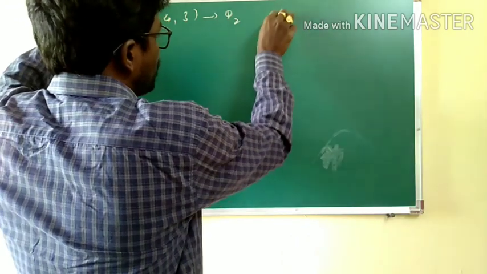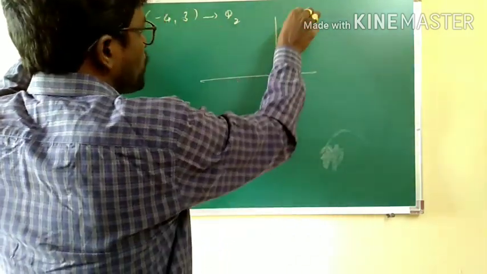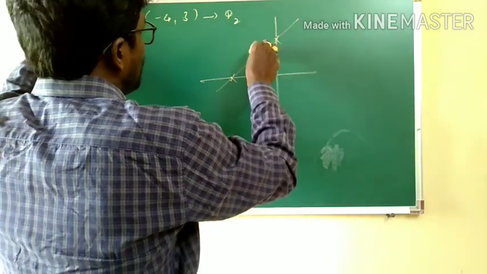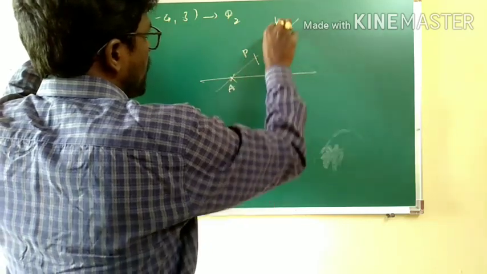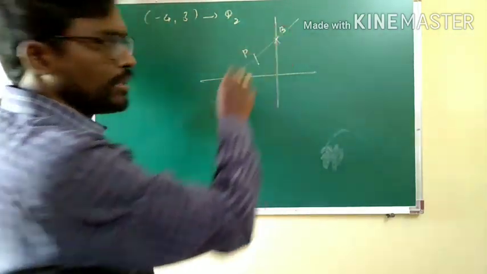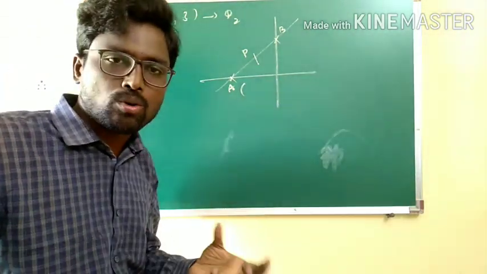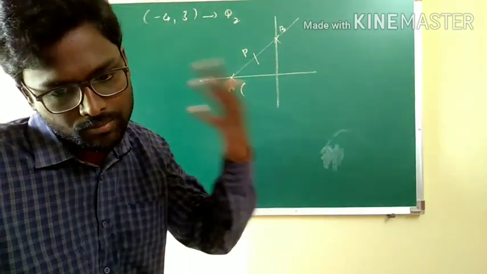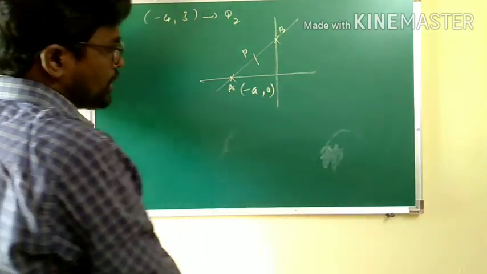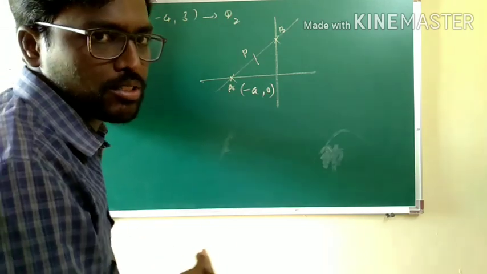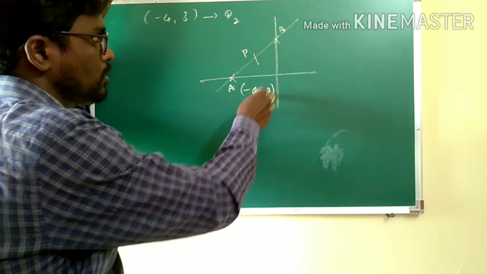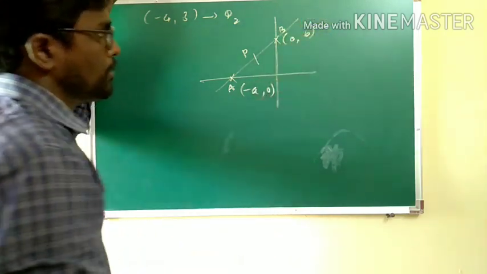Okay, first take the related figure for this. As this point is going to lie in quadrant 2, definitely the line will cut the y-axis and x-axis like this. Let's say this point is some P and this is A and this is B. We are not aware of the coordinates of A and B. Here we are supposed to find out the coordinates which are on the x-axis and which are on the y-axis. So I am taking this point as minus A comma 0 because a point on the x-axis will be in the form of something x comma 0. Since it is the negative direction of the x-axis, I am taking minus A and y coordinate as 0, and this point is going to be 0 comma B.